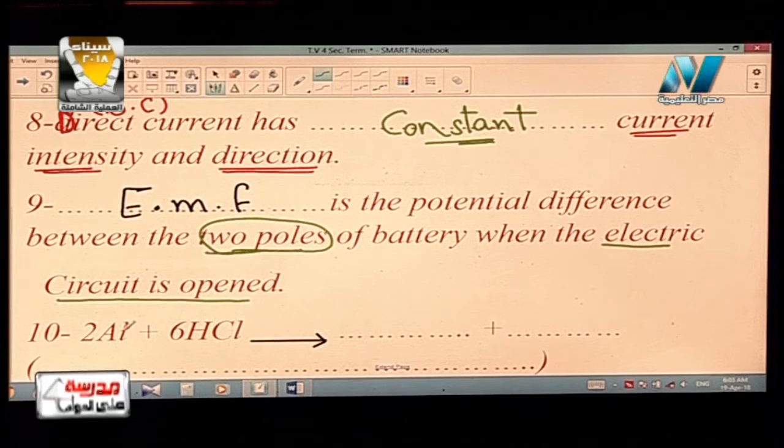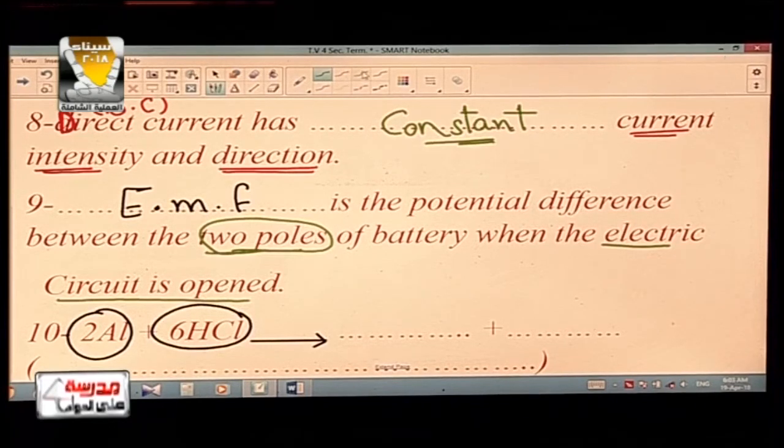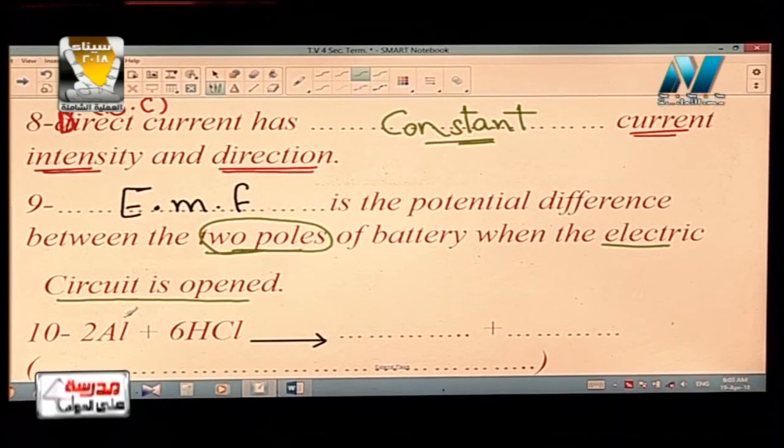Here we talk about what? We have element plus compound. So we have a simple substitution reaction. عندنا simple substitution reaction. And we looking for how element as aluminium can replace يقدر يخش مكان الهيدروجين. Yes or no? And we know aluminium is more active than hydrogen. So the answer is what? يبقى الالومنيوم هيطرد الهيدروجين. يبقى have 2Al